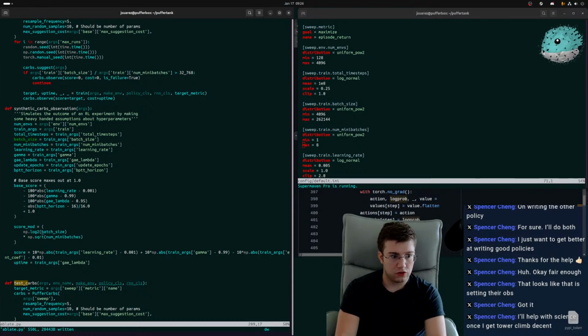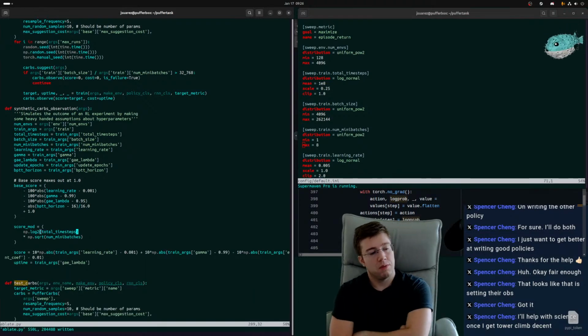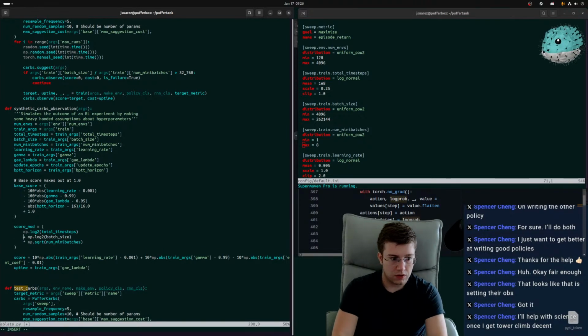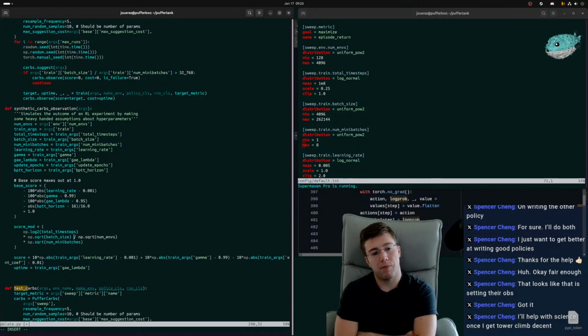Oh no, this is total time steps. Okay, and then batch size is going to probably be a square root times square root batch size. And then this has got to be divided by